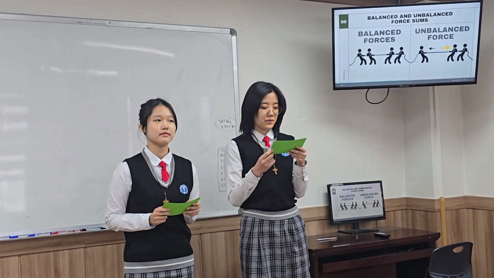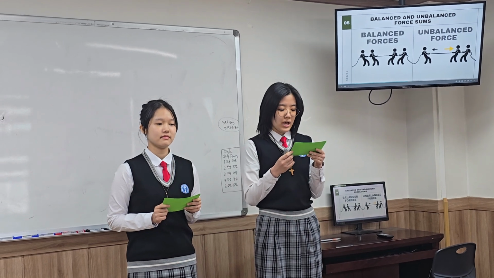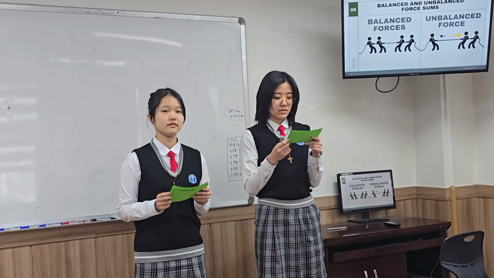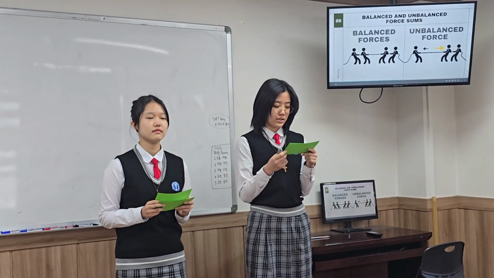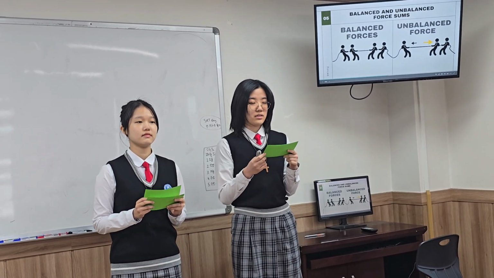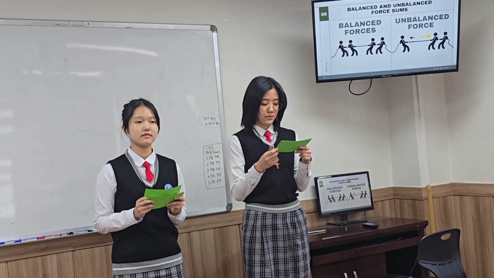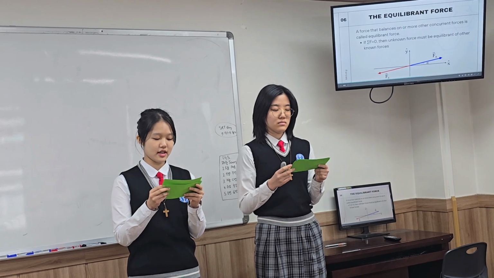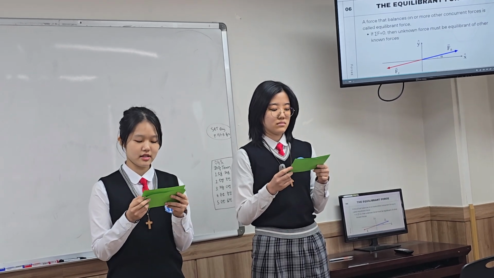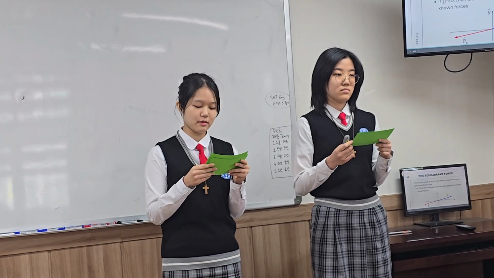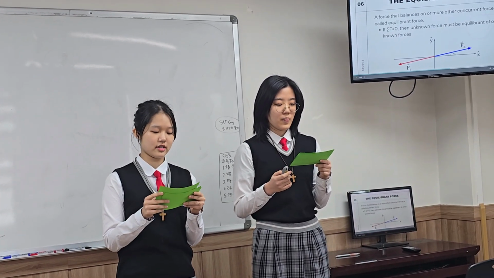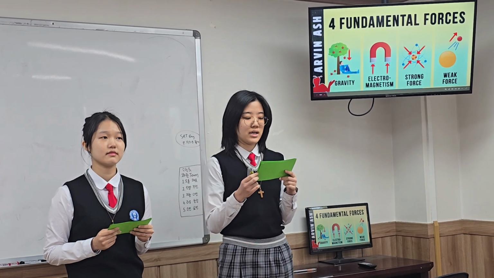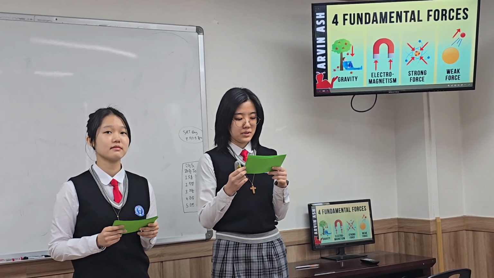Force does not always cause a change in motion. If the sum of all forces acting on an object is 0, then we say that the forces are balanced, which does not create any motion. Conversely, unbalanced forces change an object's state of motion. This is because of their differences in size or direction of force. Equivalent force is the force that brings an object into a state of balance. It is equal in magnitude but opposite in direction to the sum of all the other forces acting on an object.